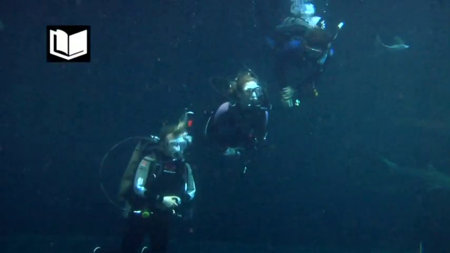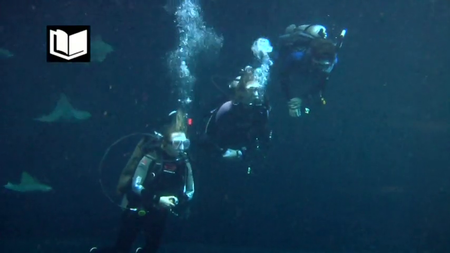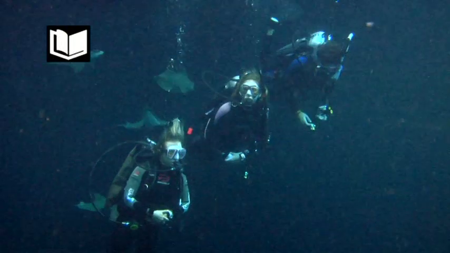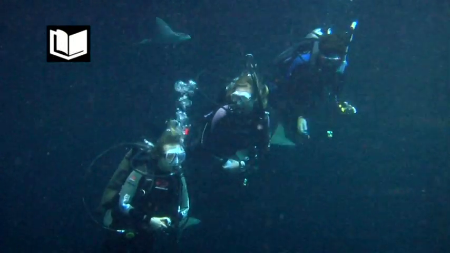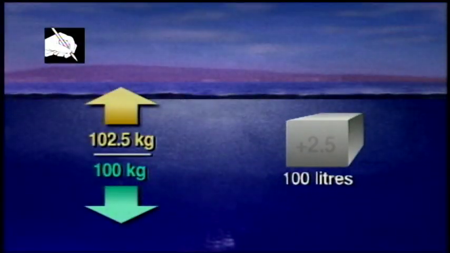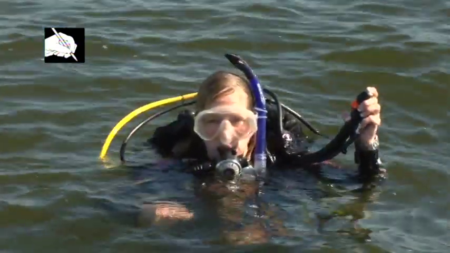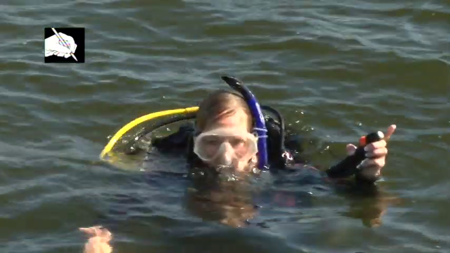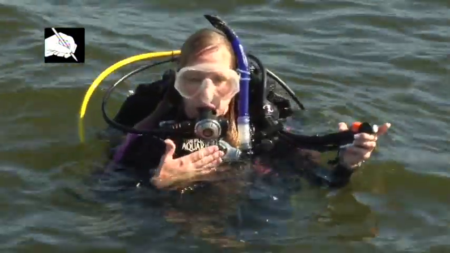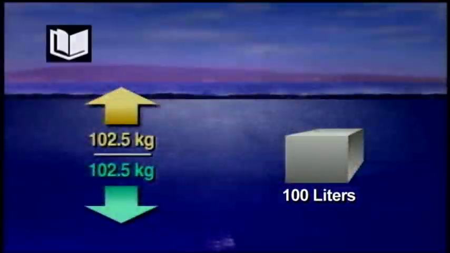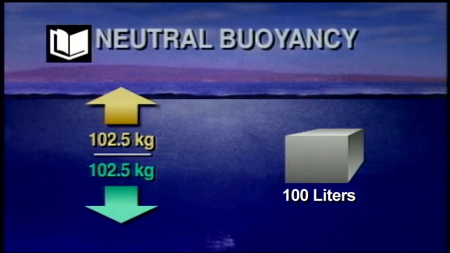As a diver, you control your buoyancy primarily by the amount of weight you wear and the amount of air you have in your BC or dry suit. If an object floats, the object is less dense than the water. You want to have enough buoyancy to float when you are at the surface before and after you dive. If an object is neutral, it hovers. You want to be neutrally buoyant throughout your dive.